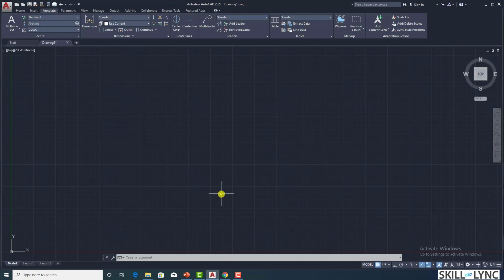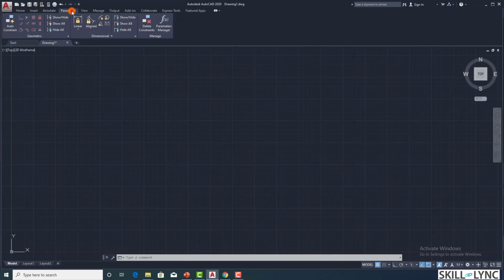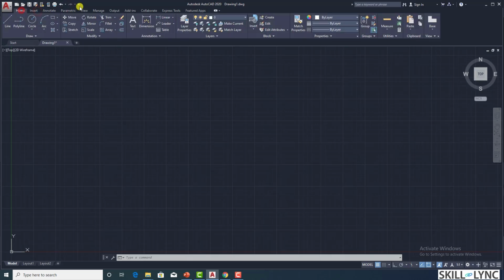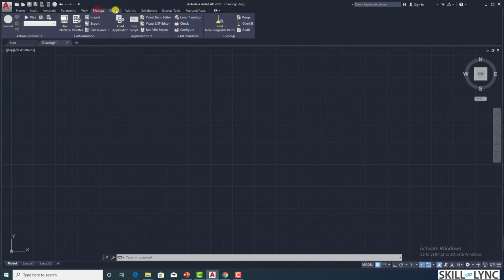Workspace means that the tools available on the screen pertain to the application you're working with. Here we have three predominant workspace settings available. We have drafting and annotation, which pertains only to 2D drafting tools. All the icons and tool sets available there pertain only to 2D drafting.